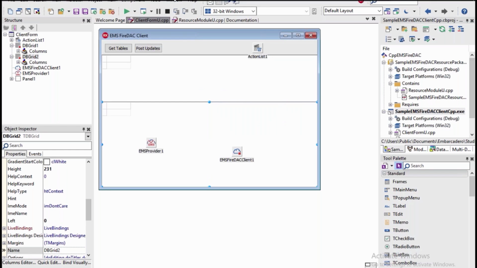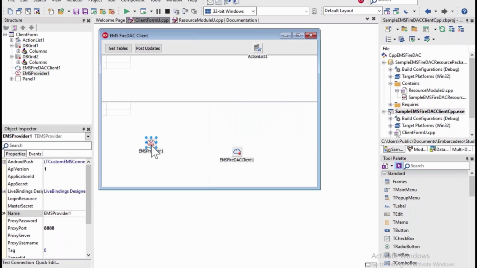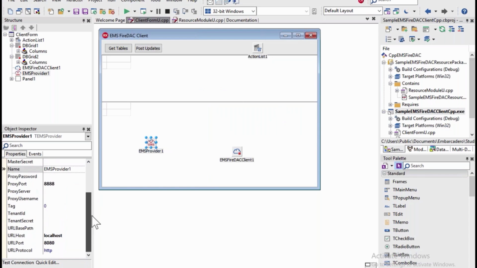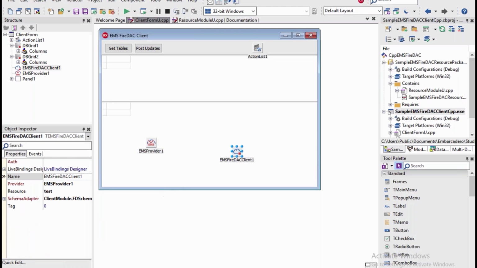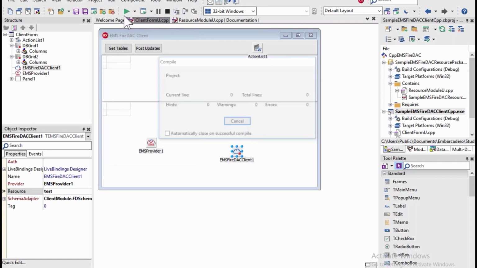And to connect to that middle tier layer, we simply need to drop an EMS provider component on the form and just give it the IP address and the port of where that RadServer is running. And then we can drop an EMS FireDAC client component on the form and just tell it the endpoint to call. In this case, it's test. So now when I run the client application,